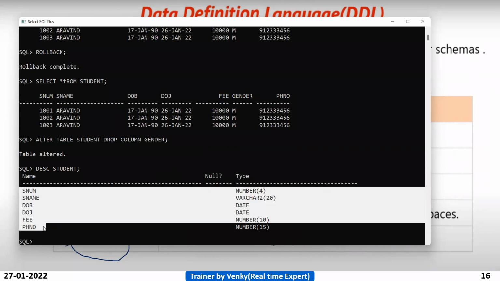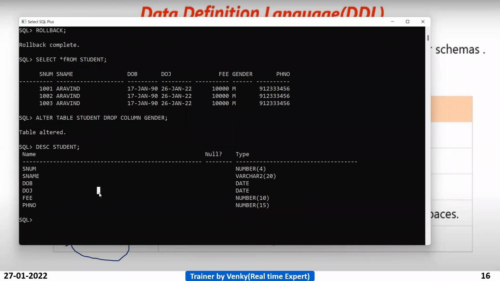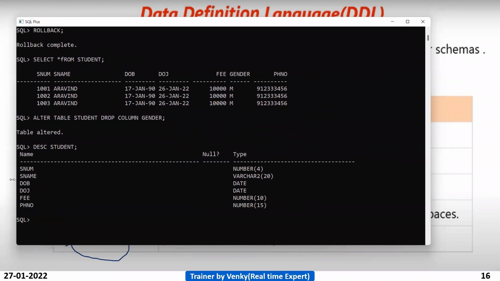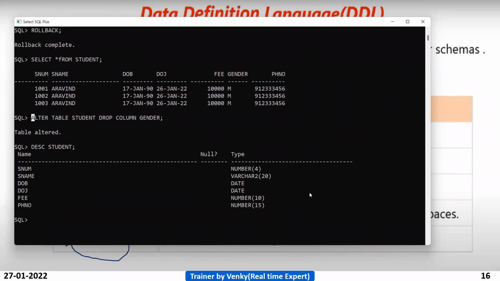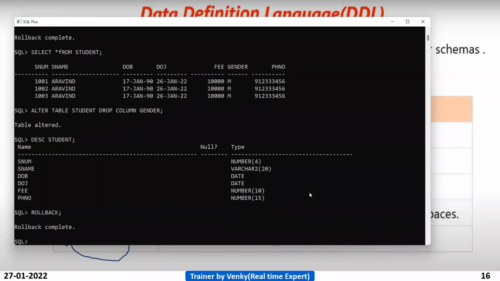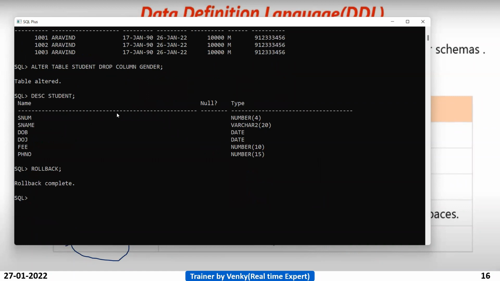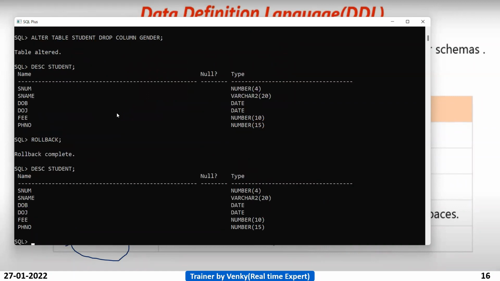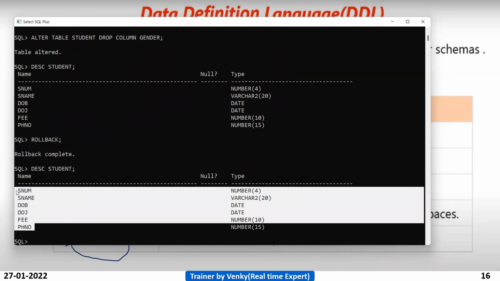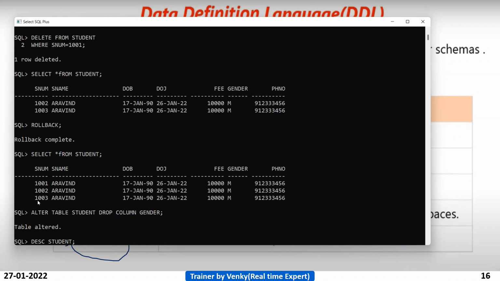No, because we dropped it. Now try to roll back. Rollback completed. Let us check the same statement again. The gender column came back?